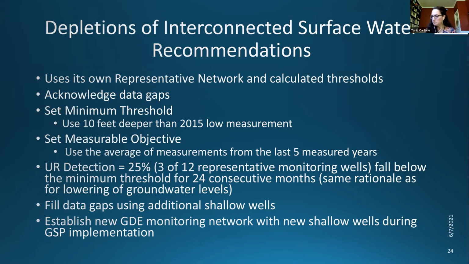And Jeanette, do you have a follow-up? Well, I think Leslie just said it. It's the first GSP out the door. There's going to be data gaps, and I think everybody's committed to making sure that we're using sound science in any of the recommendations. Mm-hmm. And so it sounds like we can continue this conversation, Deborah, when we take up PMAs, which will happen next, right? So we won't lose track of this, and Leslie has given us some language to do that. So let me just revisit this one more time with you, Deborah, regarding this recommendation. Do you support what's being recommended here for the SMC on interconnected surface waters?